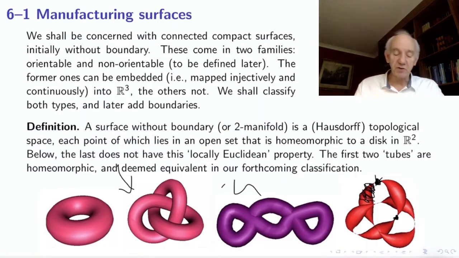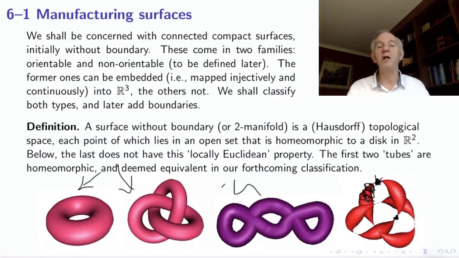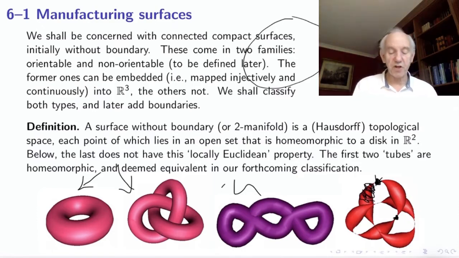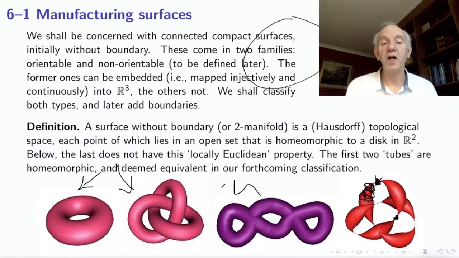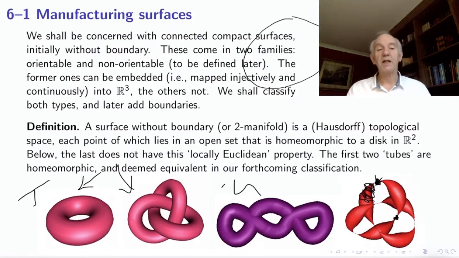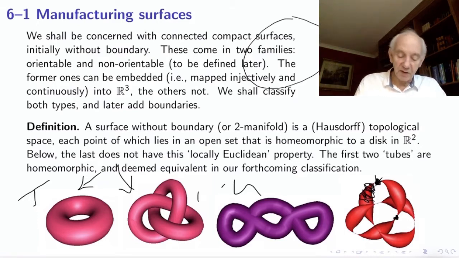These two surfaces, you could say, are not isotopic in the sense that one cannot be deformed to the other in space, but they are nonetheless homeomorphic, just as 2 knots are homeomorphic. However complicated one is, the other may be an unknot, they're still homeomorphic because they're both homeomorphic to a circle. So in the same way, these two surfaces are homeomorphic, so we regard them as the same. They are just a torus. I'll be using the letter capital T to denote any surface which is homeomorphic to a torus,